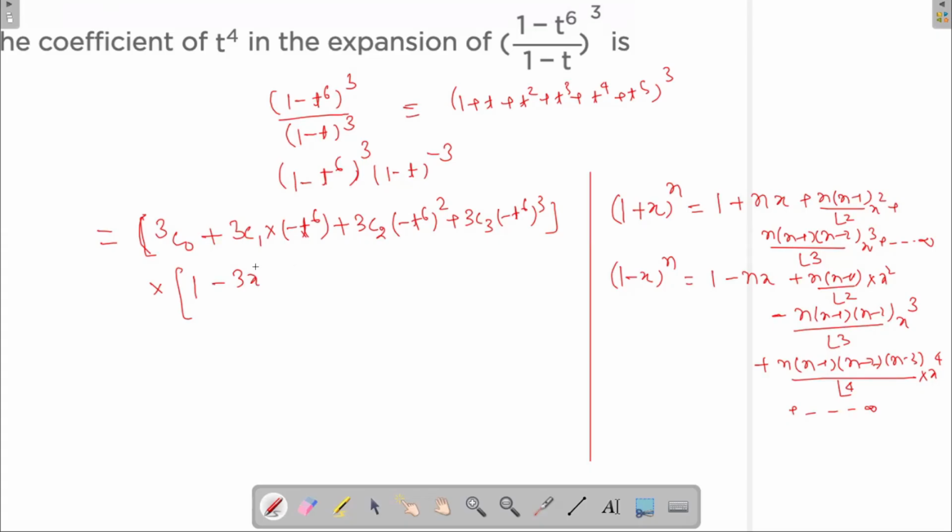So we will write this as 1 plus minus 3 into minus t, and I'm using this expression itself, plus n into n minus 1, which is minus 3 into minus 4 upon factorial 2, and then (minus t) whole squared, and then minus 3 into minus 4 into minus 5